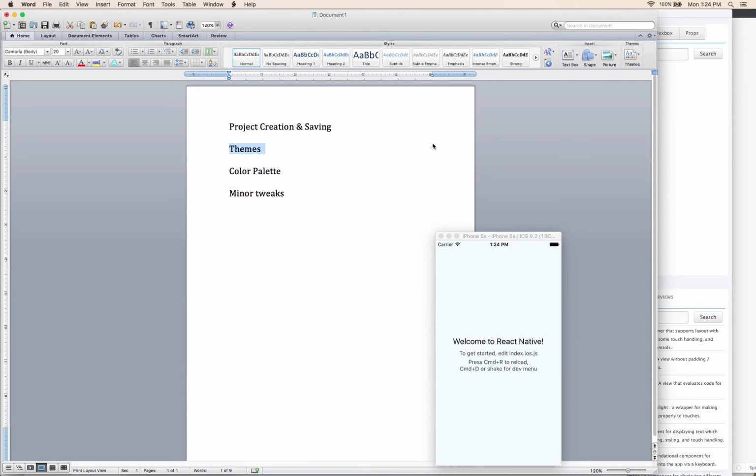Another feature we have is called themes. Themes are style elements you can define that you can share across different screens that maximizes reusability. And the third is a color palette definition. You can have a central location where you can define all the colors that will be used in your app